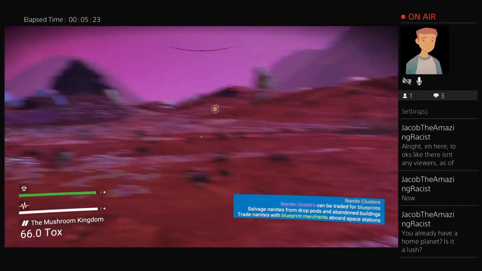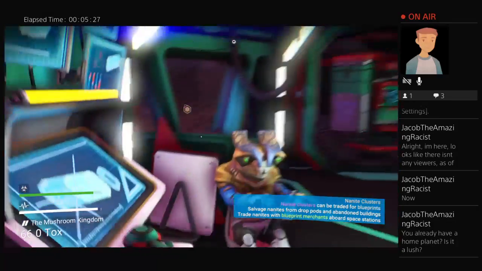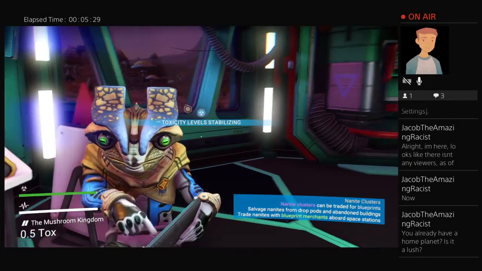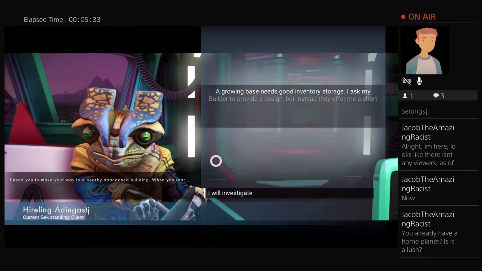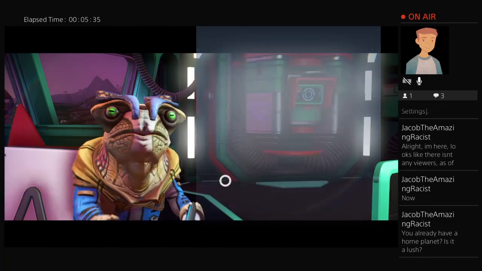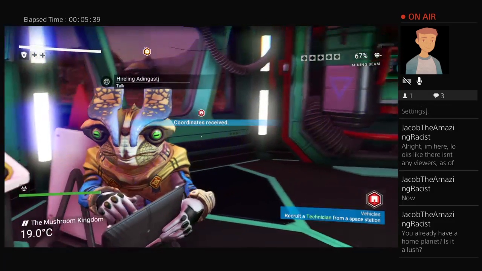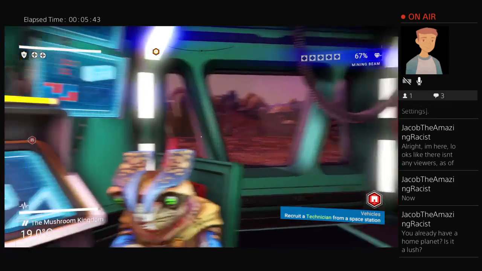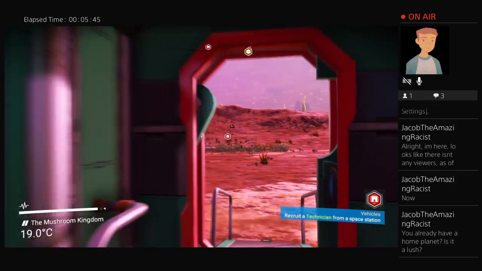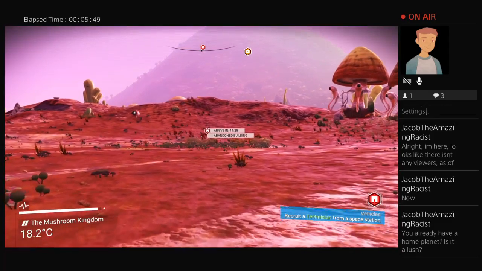Uh-oh. He didn't mark the abandoned building on my map. I may be getting a glitch here. Maybe. Oh, there it is. Good. Don't know why it didn't work the first time. Maybe I pressed the wrong button and canceled. Okay, so I've got to